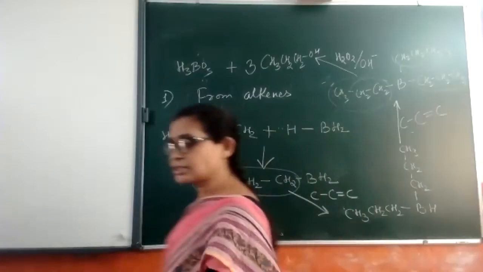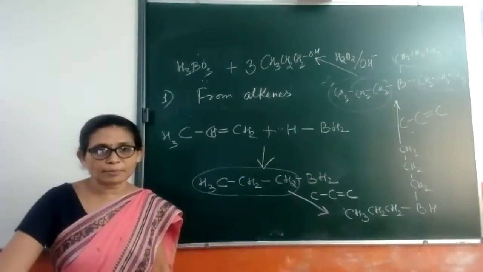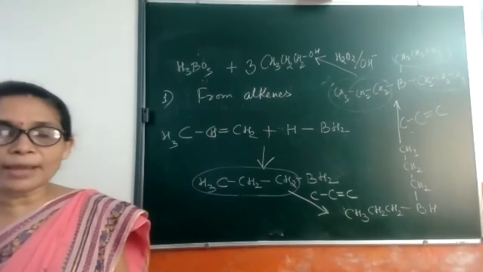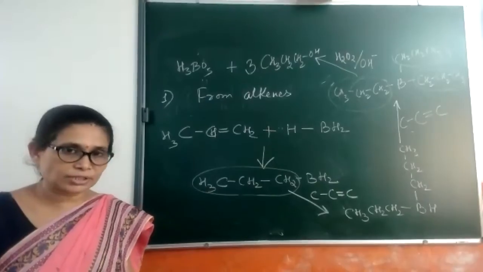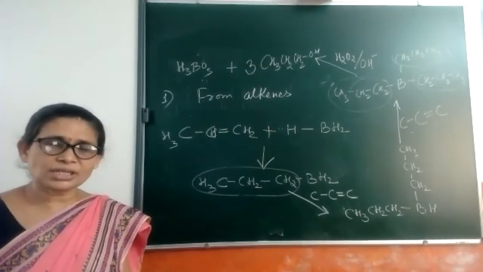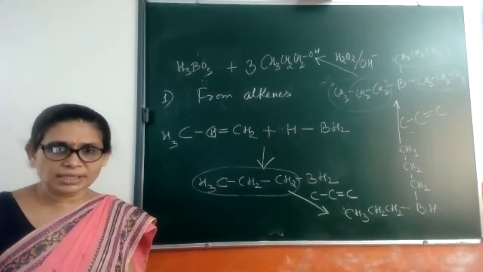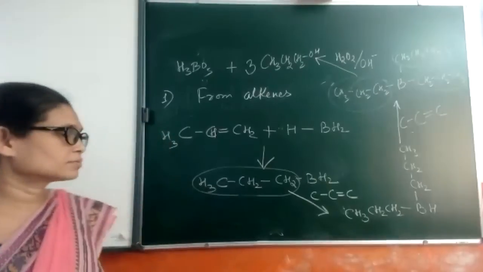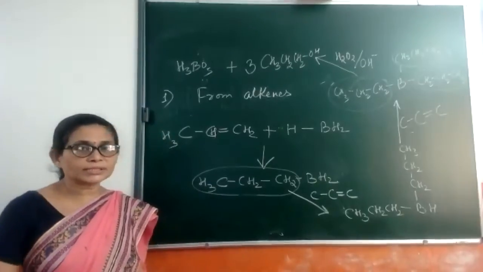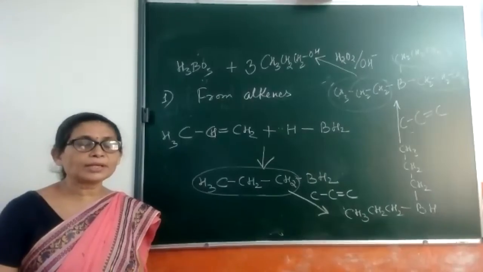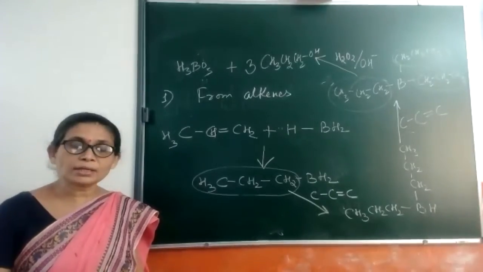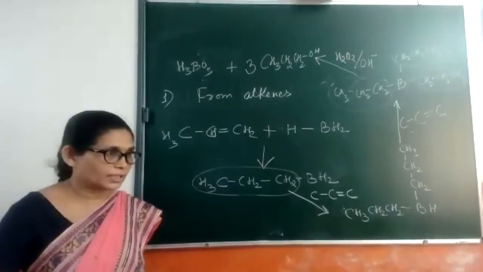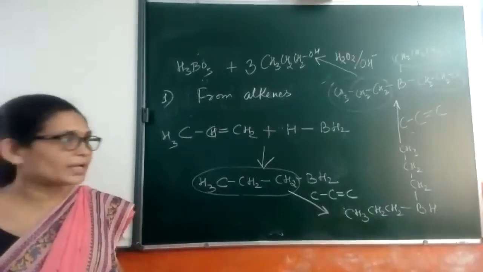So with this reaction, only primary alcohols can be prepared. The yield is very good, but the drawback is only primary alcohol can be prepared by this reaction. This reaction is very rarely asked. So these two methods from alkene, how we can prepare alcohol. But the most common and important is by addition of water, where mechanism also is there. This method is not very commonly asked.